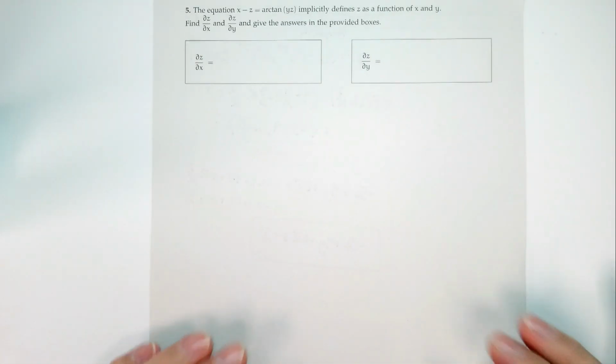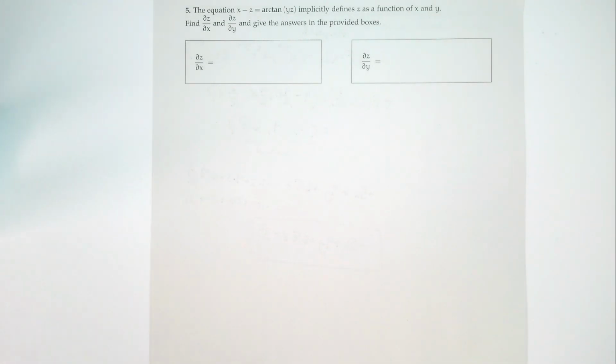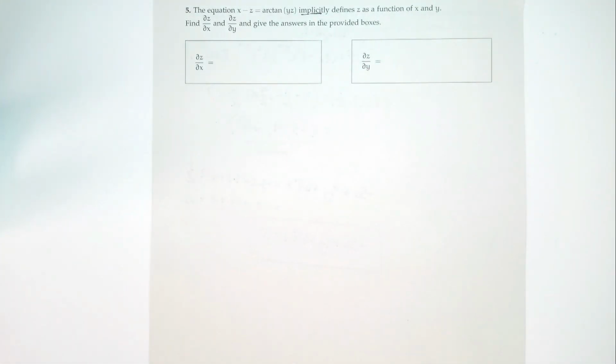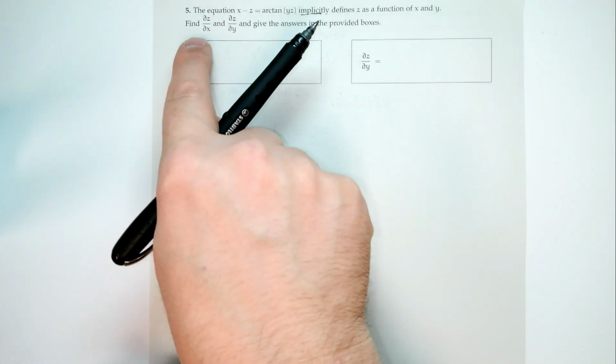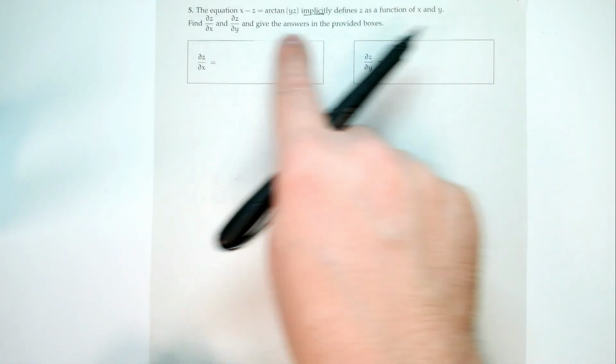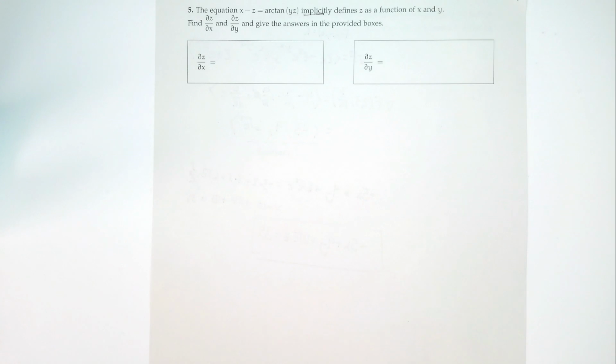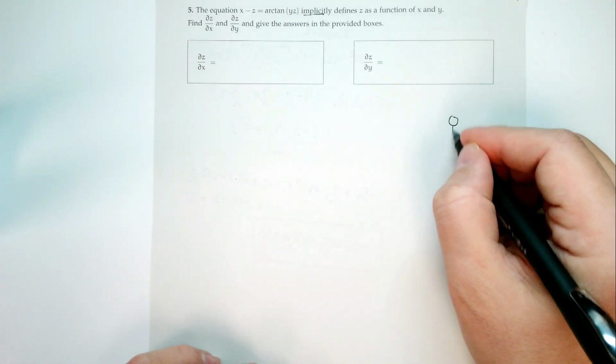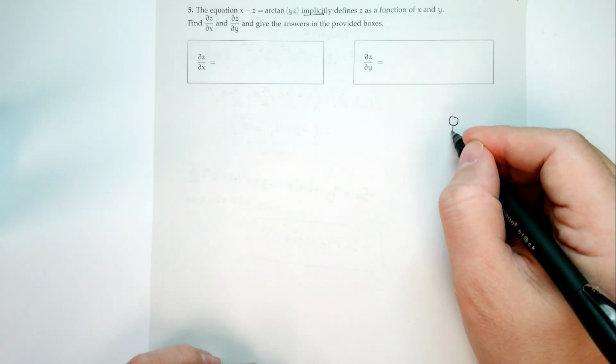All right, number 5. The equation x minus z equals arctangent yz implicitly defines z as a function of x and y. Ooh, implicit. So almost surely this is about implicit differentiation. In fact, we see: find partial z partial x and partial z partial y, and give the answer in the provided boxes. Now we know whenever we see something that involves implicit differentiation, whether we're taking a test or not,